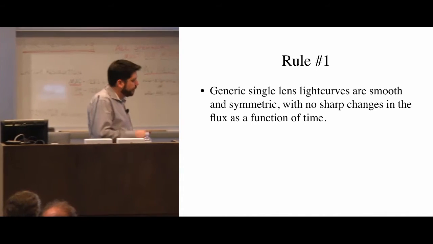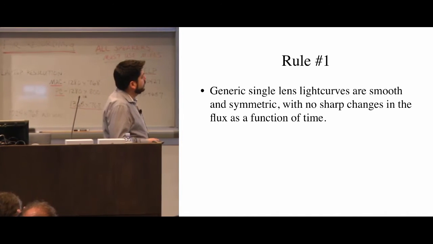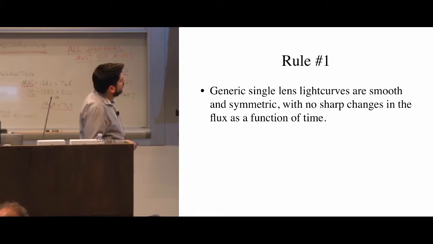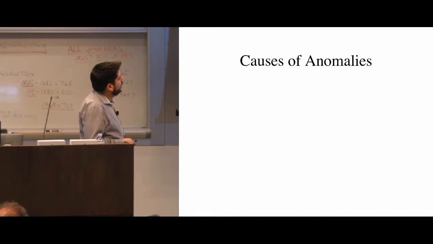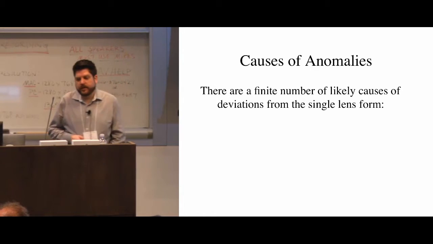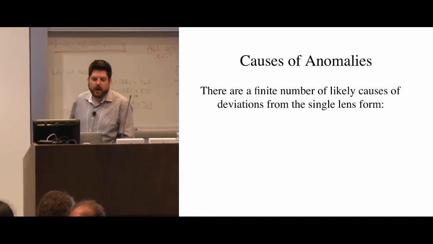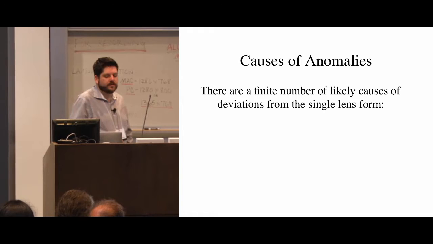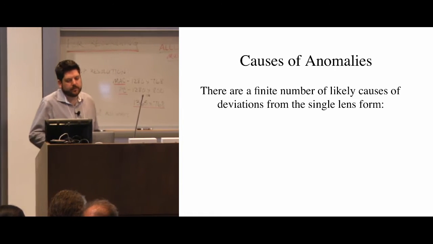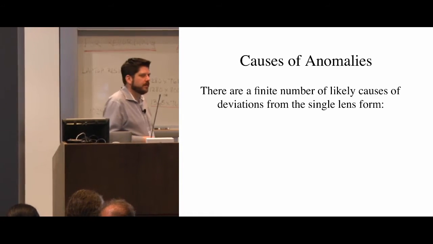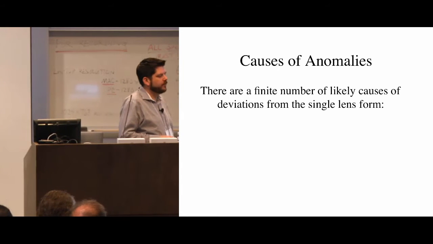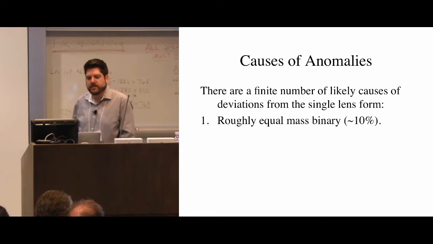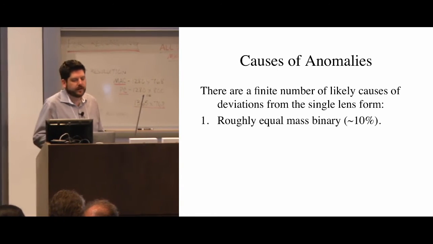So those are very easy to spot, assuming you have reasonable data. Okay, so now we'll talk about anomalies. There are, like I said, a finite number of likely causes of anomalies from the single lens form. The most common is roughly equal mass binaries. The caustic crossings equal mass binaries comprise roughly 10% of all microlensing events so far, although that depends, of course,